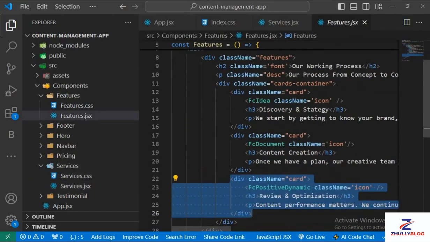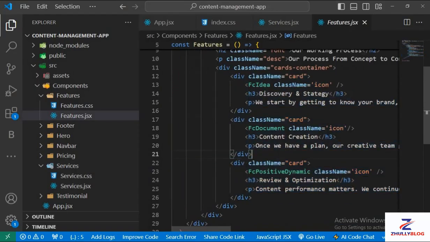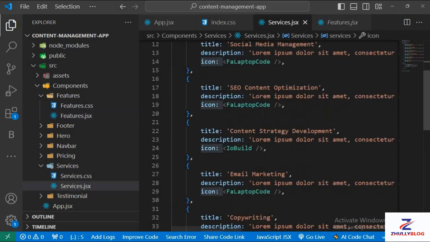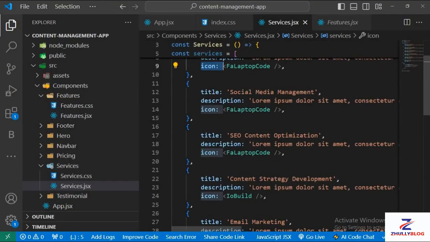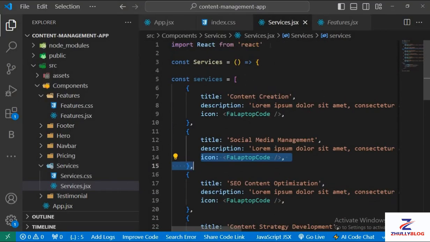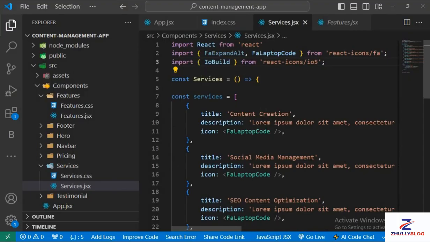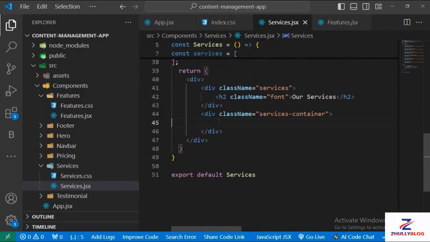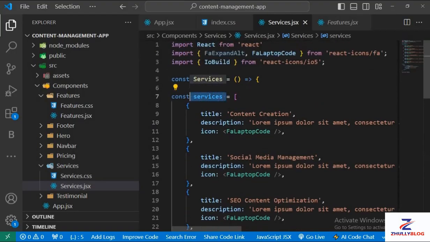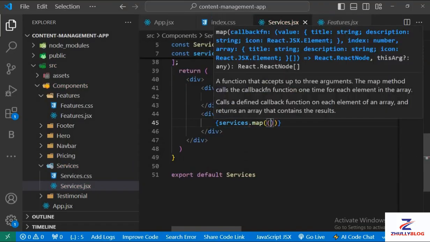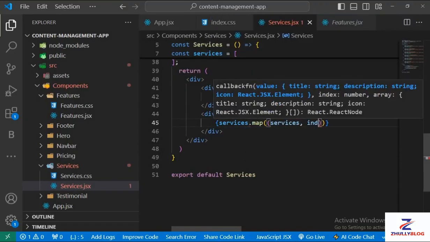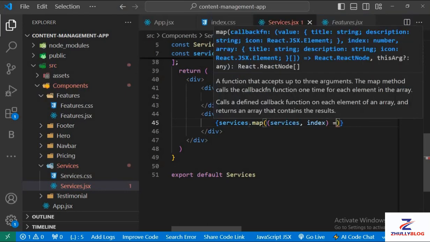Okay, so for the features, what we did was that we created div tags for each of the cards. In services, we're just going to map instead of creating a div tag for each of them. For the icons here as well, we need to import those icons. So here, I'm just going to paste it here. Now in our service container, we're going to map directly. So we're going to map the service that we created here. We want to map over this array of objects. So we're going to have the services dot map method, and then we're going to pass service and the index number. Here we'll create an arrow function,